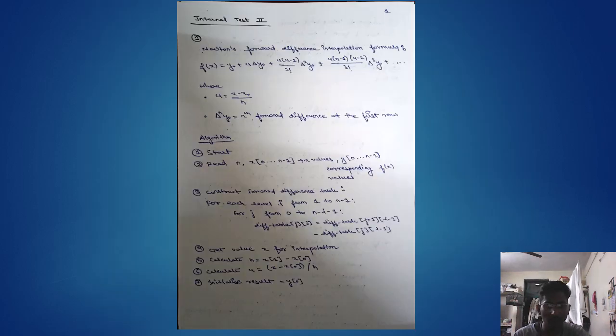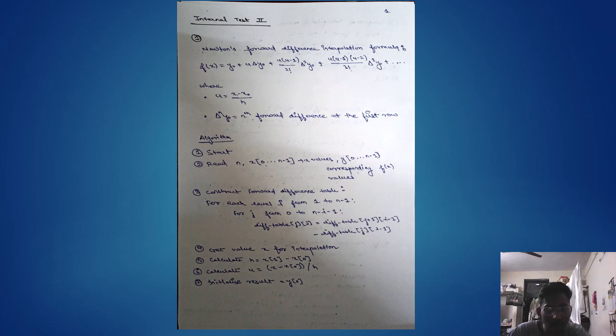Move to the next slide. The Newton forward differential interpolation formula is this equation, where u is equal to (x minus x naught) by h, and delta of x naught is equal to the forward difference at the